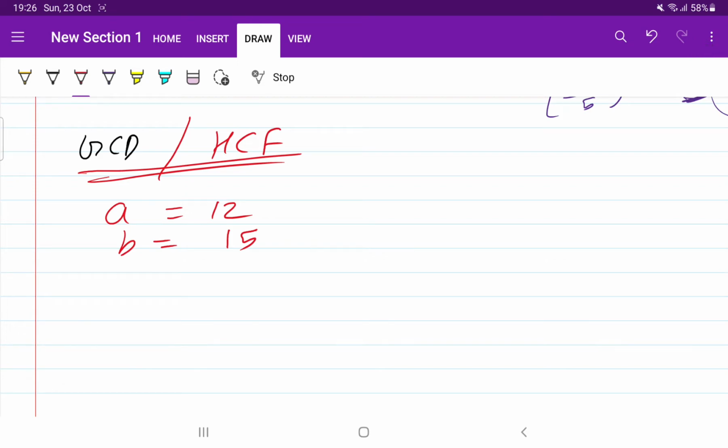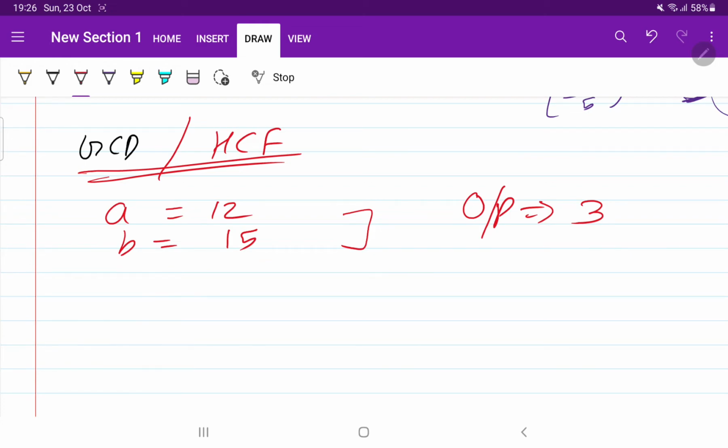So what is the greatest common divisor concept? It means the greatest number which is divisible by both. So we know what the greatest number is that divides both 12 and 15. For this the output should be 3. Correct? Because 12 is divisible by 3 and 15 is divisible by 3 also. No bigger number divides these two.